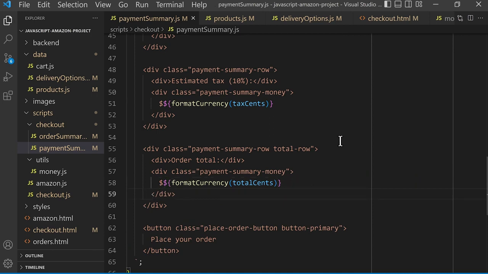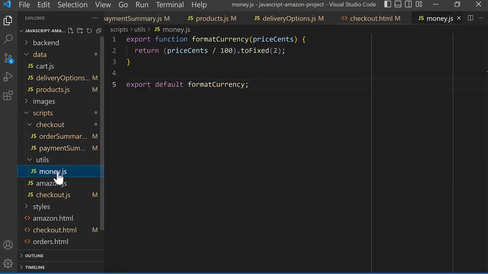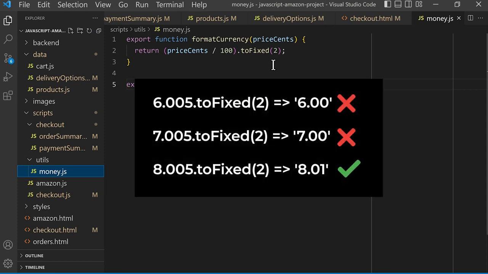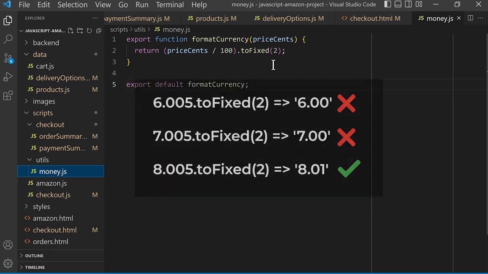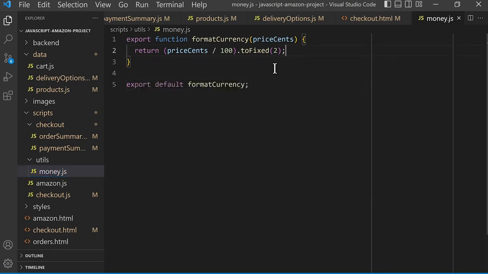Now before we continue, I actually learned of a small issue with the formatCurrency function. So let's open the money.js file. And I recently learned that this toFixed method has a small issue with rounding. So for some numbers that end in 5, it won't round the number properly. One way to fix this issue is to round the price cents first, so that this method doesn't have to